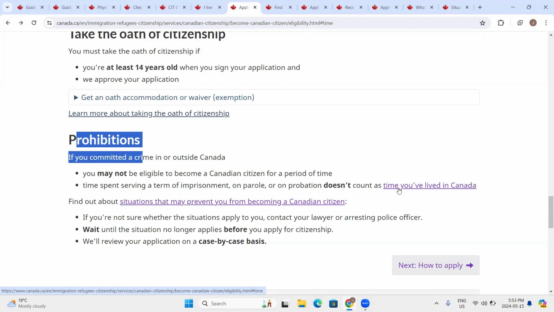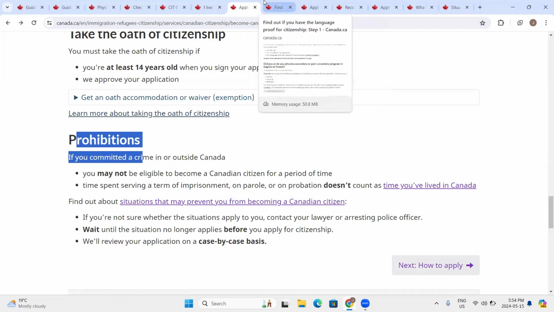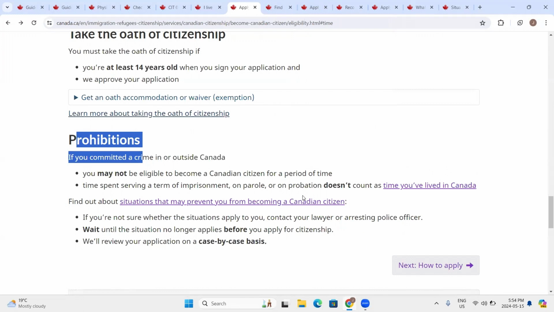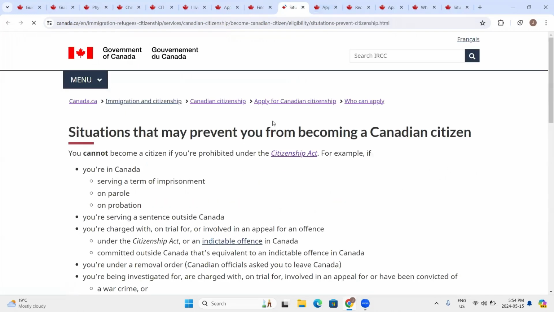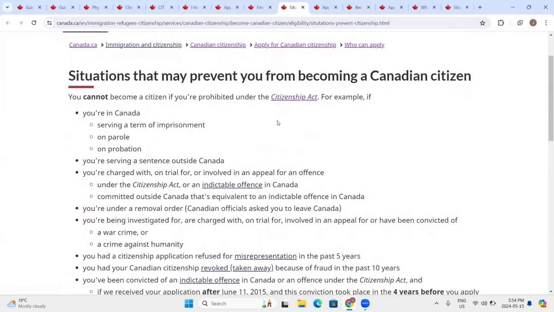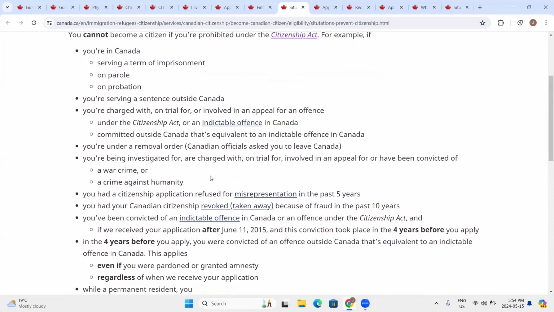Okay. Now, if you have any criminal background, I don't want to go into too much detail because there are different rules and requirements for this. So I'm just basically giving an idea. If you have any criminal background and you have served any imprisonment, make sure you disclose that information. Otherwise, the government will find out themselves, but make sure you disclose it yourself, okay? Now, okay, so now a few more things we're just going to go through in detail. So just make sure that these are situations that may prevent you from becoming a Canadian citizen. So make sure you go through that as well. It's mainly about the criminal history. And if you have,